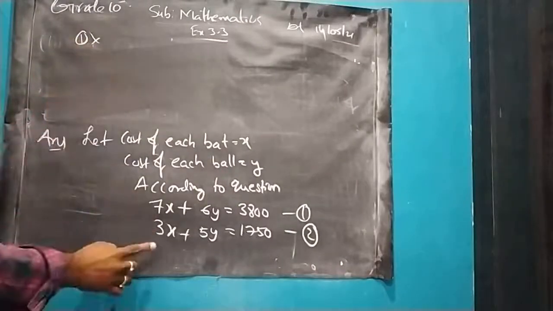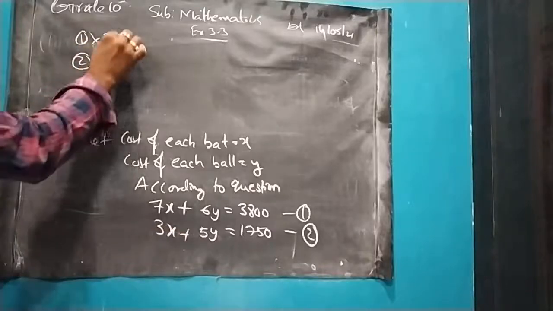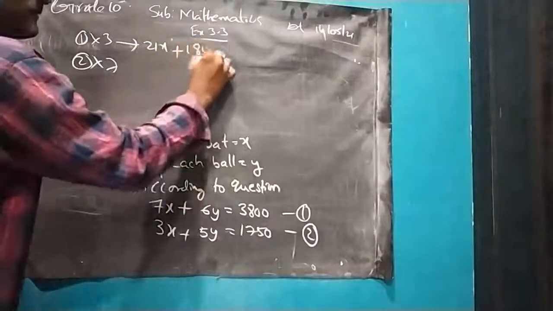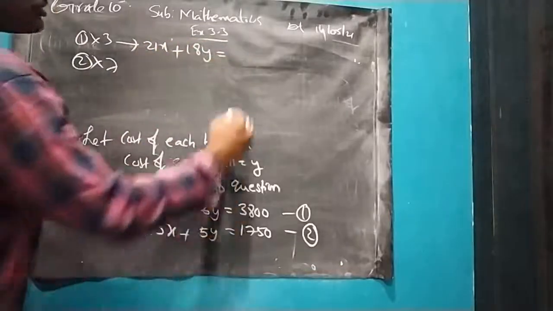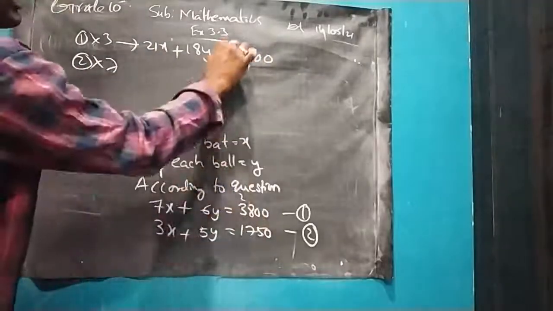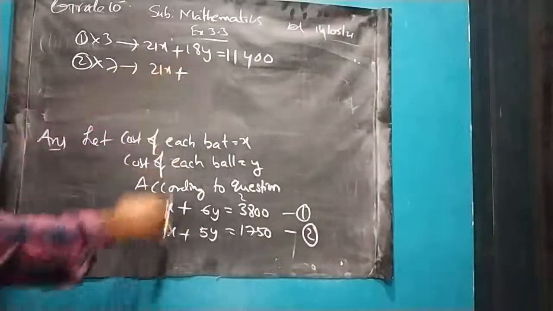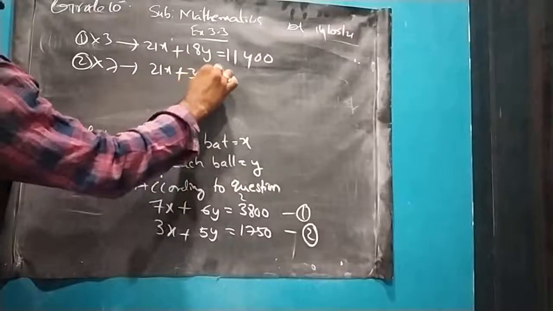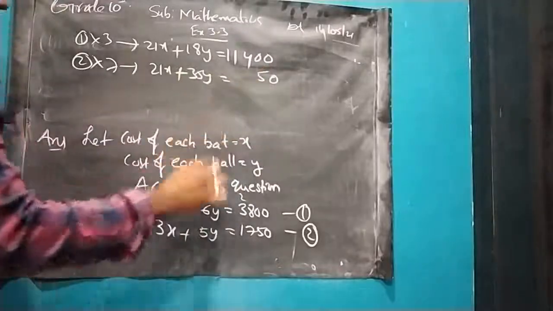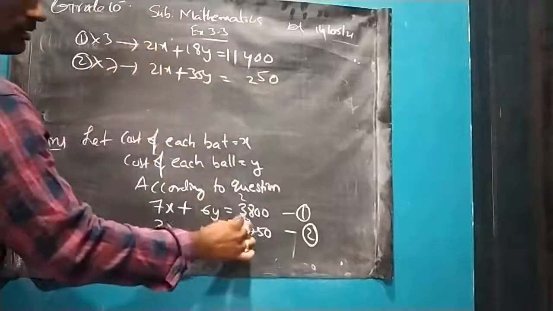So first equation, let us multiply with 3. Second equation, let us multiply with 7. So 7 3s are 21x plus 18y is equal to 0 0 3 8 24, 2 carry 3, 3 is 9, 10, 11. 7 3s are 21x plus 35y is equal to 7 0 0, 7 5s are 35, 3 carry 7, 7 49, 50, 51, 52, 5 carry 12.